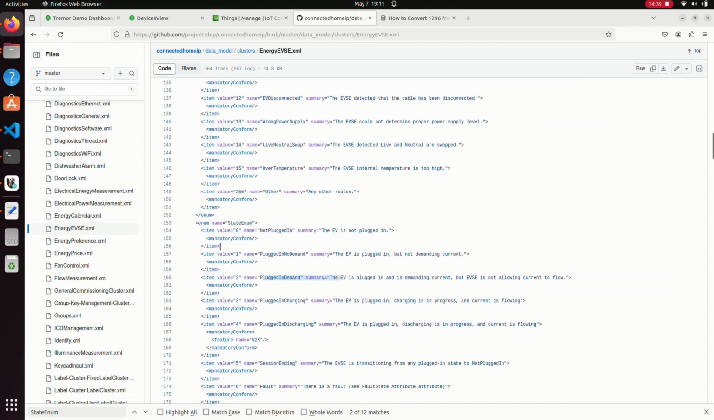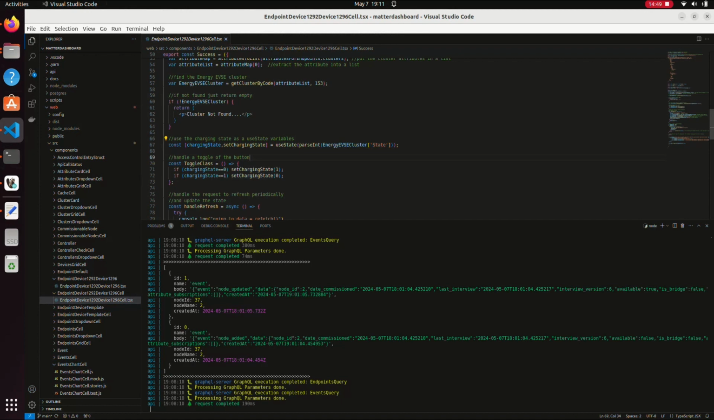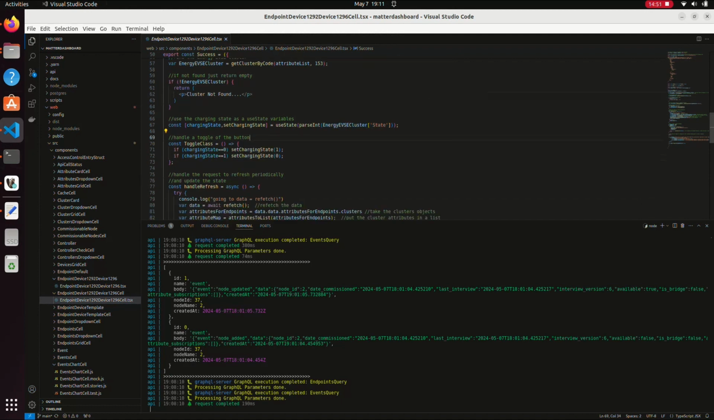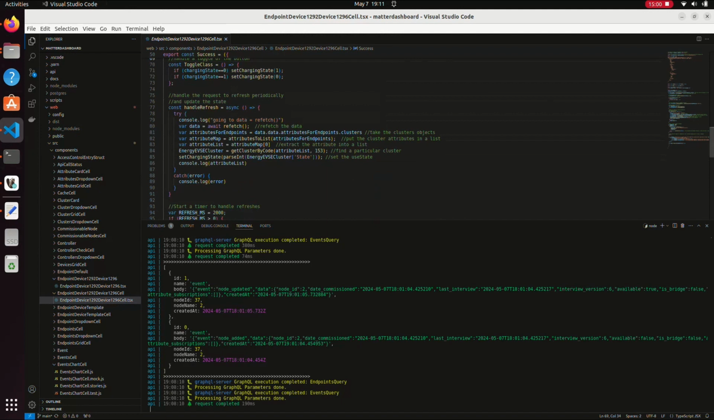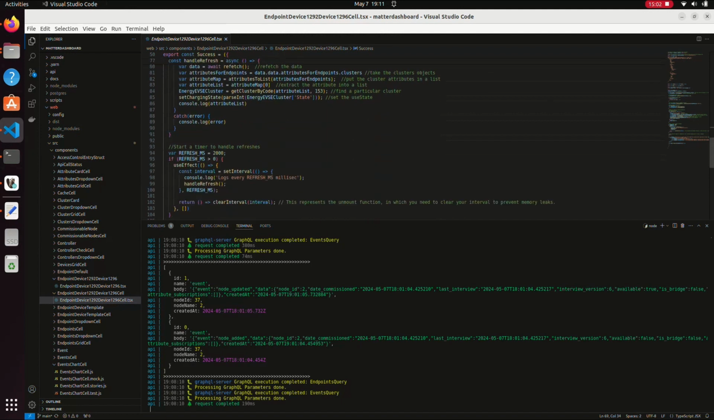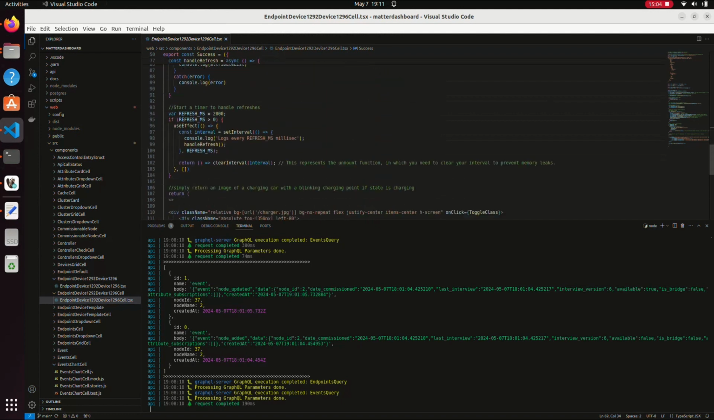So we're going to use this state attribute, and we're going to use a React useState hook on this as well, and when that changes we're going to change the page. So what we're going to do is just save the state. We have some functions here which handle the refresh. So here we're going to have a timer. Every 2 seconds we're going to go and recall our data,